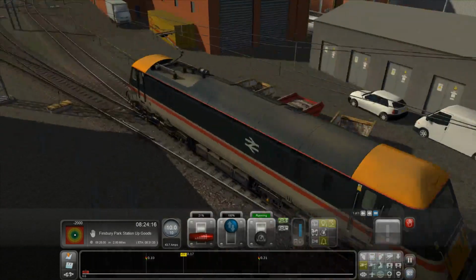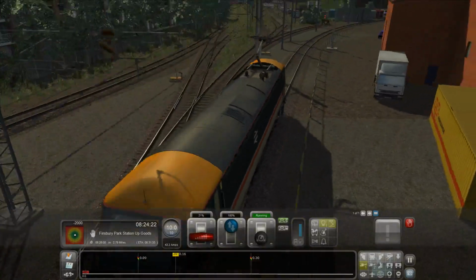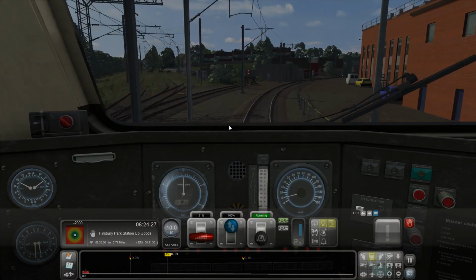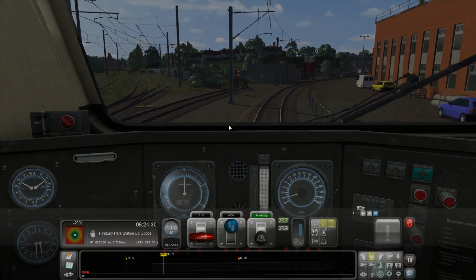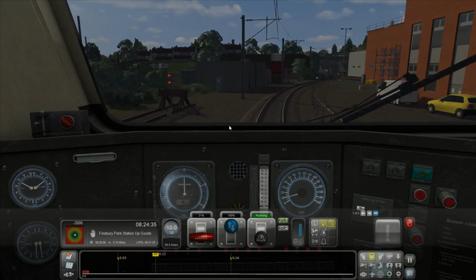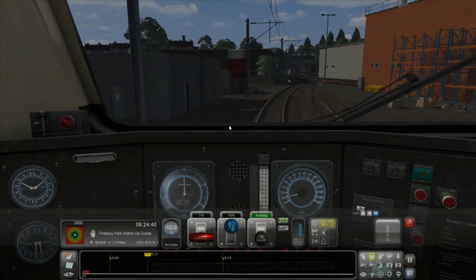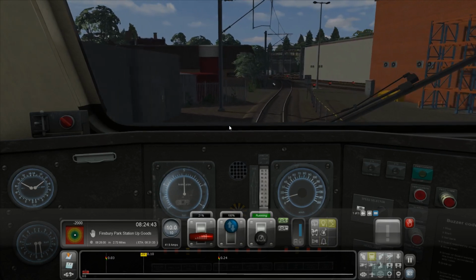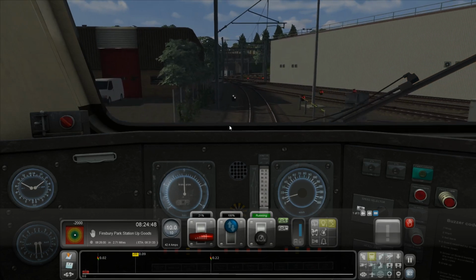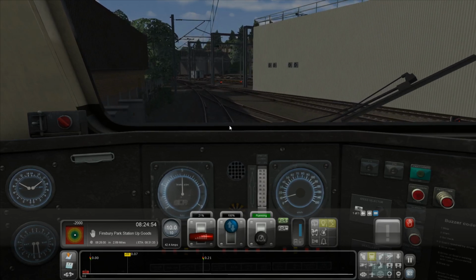I mean, it's certainly the worst DTG bass sort of that type of horn. It's the worst one of the lot. Well, Steam, I guess, because obviously the 90 was AP. The 91 was DTG, but I'm sure it had a better horn than that. This one's not really cut properly, and it's not loud enough either. We need it proper loud, proper booming,